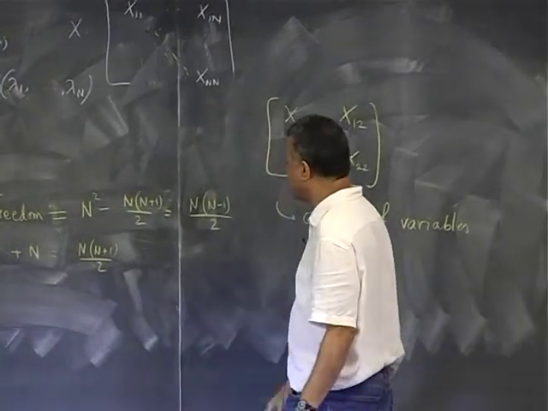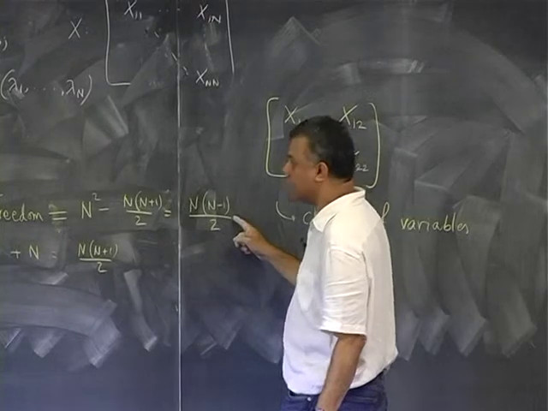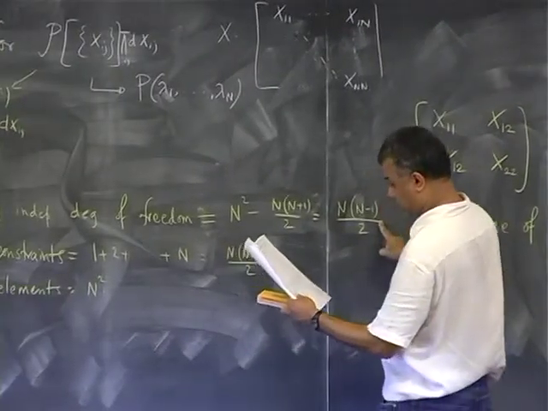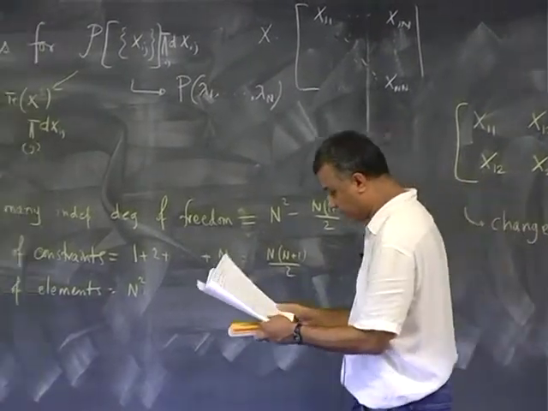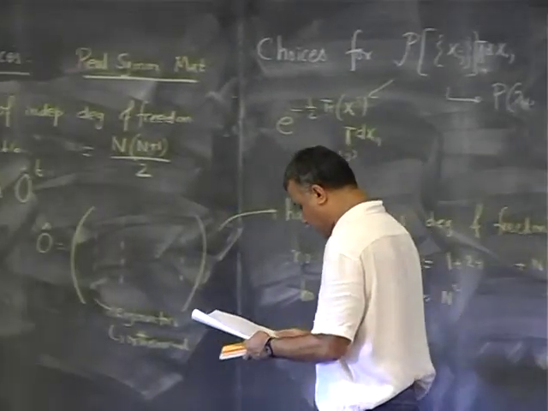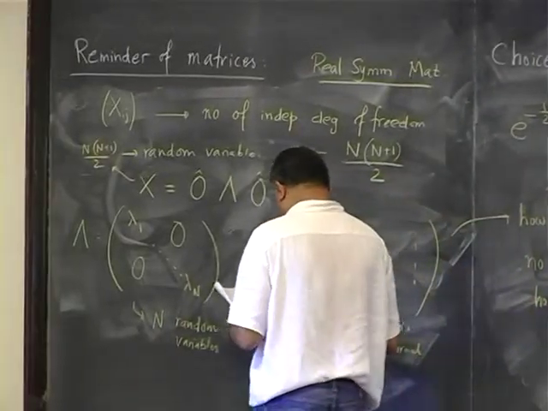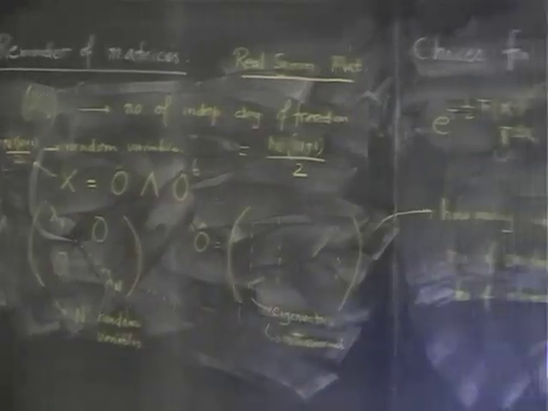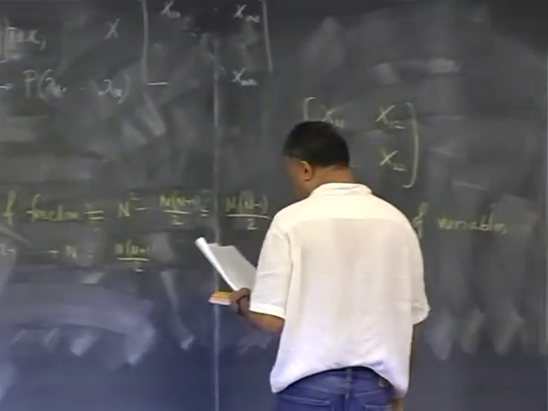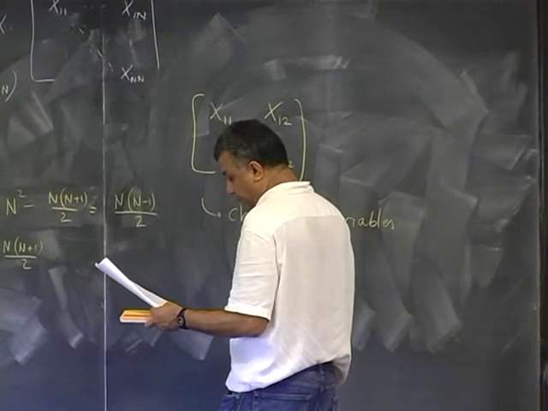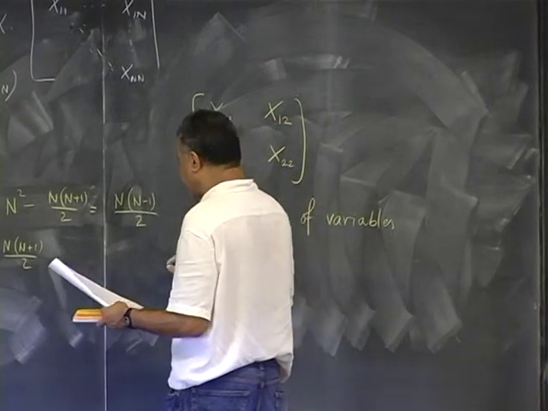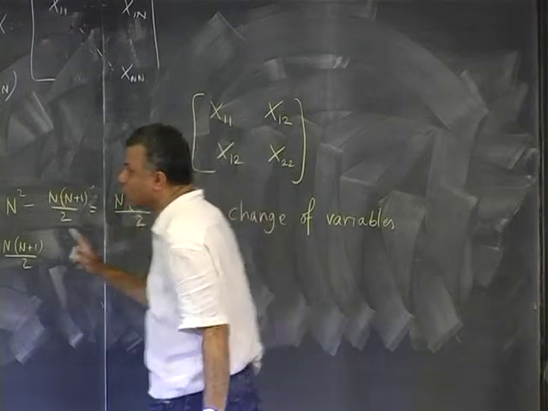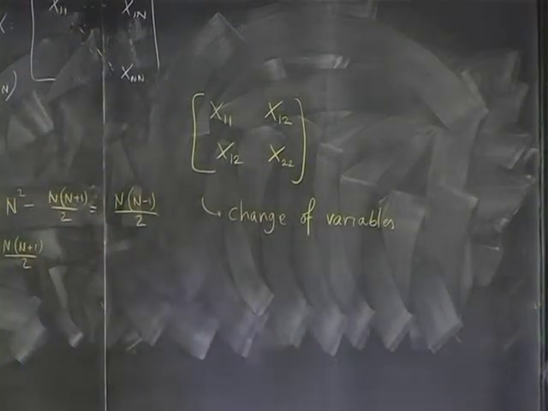Is that right? Yeah. So now when I make this change of variable, the number of degrees of freedom here is